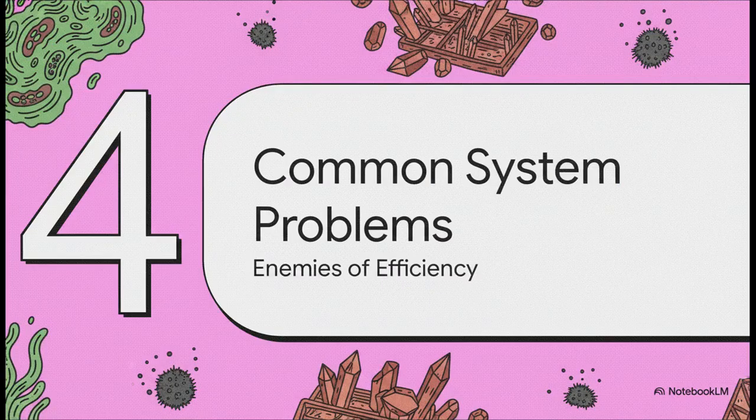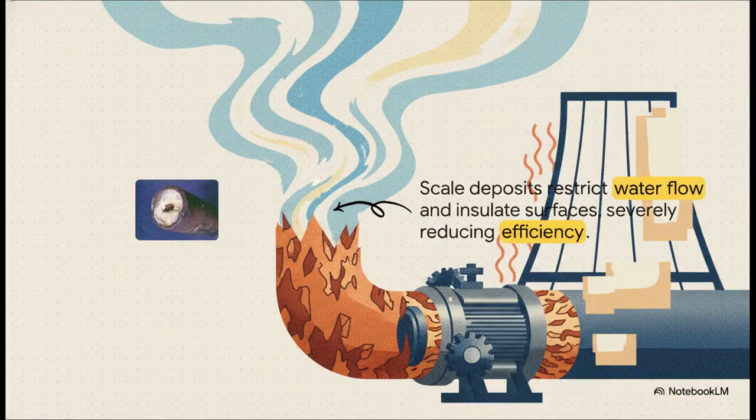Okay, so even the best designed tower is going to run into trouble. Let's talk about the three biggest enemies of your cooling tower's performance. First on the list, we have scale. As all that water evaporates, it leaves behind minerals like calcium carbonate. And this stuff forms a rock-hard layer inside your pipes. It's like cholesterol for your system. It insulates the very surfaces you need to transfer heat, and it forces your pumps to work way harder, which